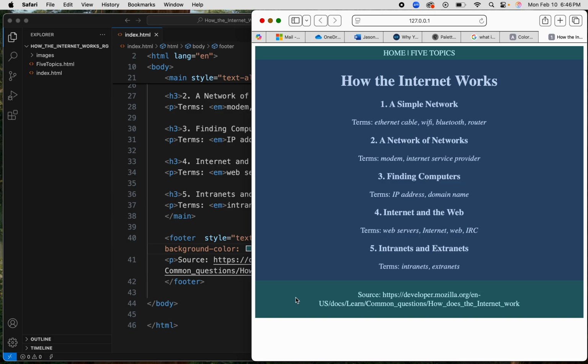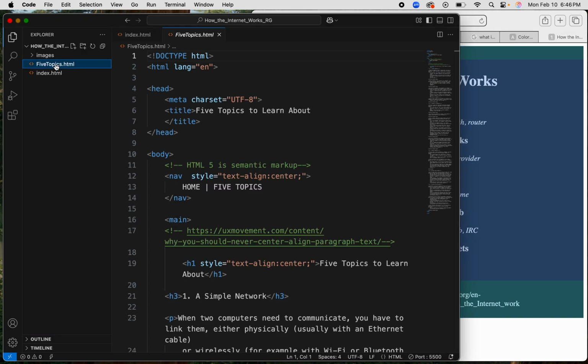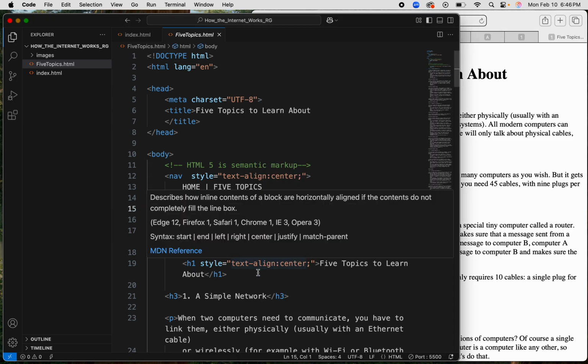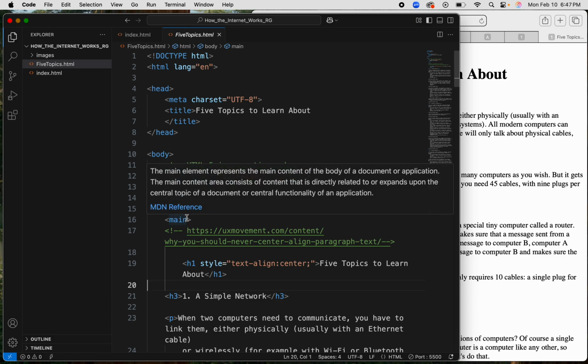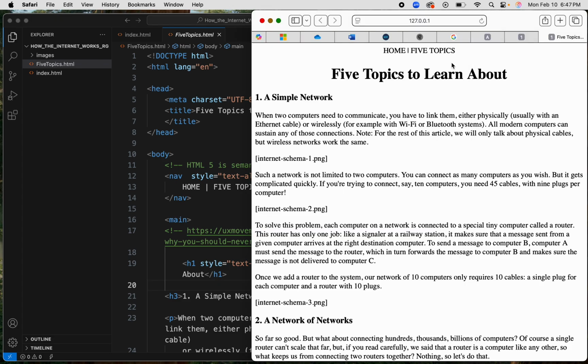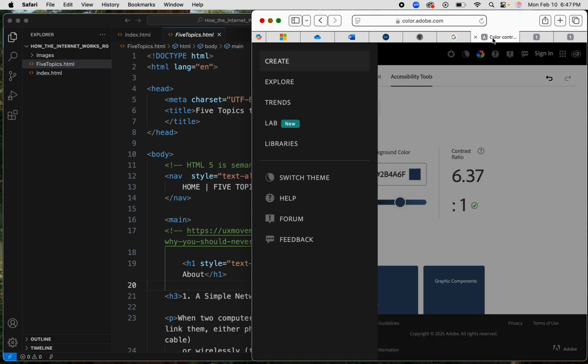So the only other thing I want to talk about is our 5 topics page, and the fact that the last time we worked on it, we did everything text align center, I think. But I'd like for you to change the main tag, which is here. I don't think it should have text align center, and I'll explain that. You could center the H1, which I've done, and I centered the navigation. But it's not a good idea to center paragraphs of text. The reason for that is